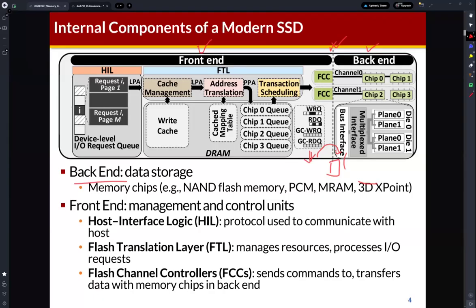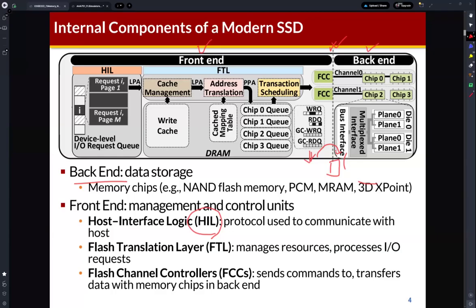So backend part, and then front end part. The front end part includes the host interface logic, called the HIL in this paper. So it implements the host side protocol such as SATA or NVMe, right? And